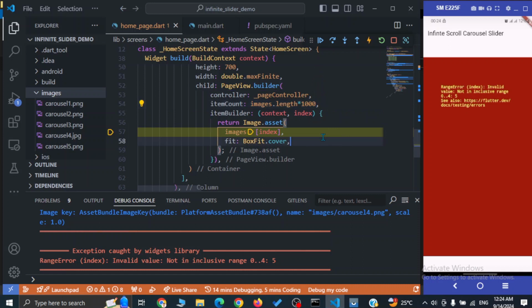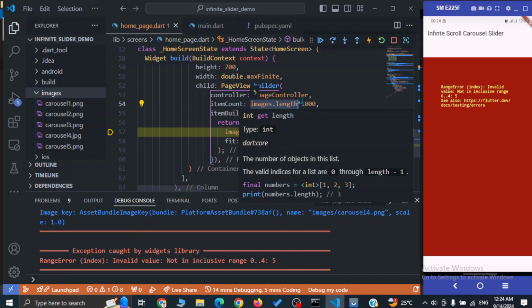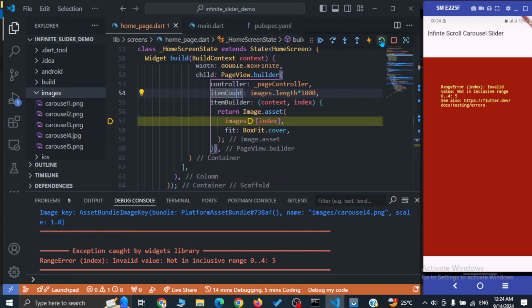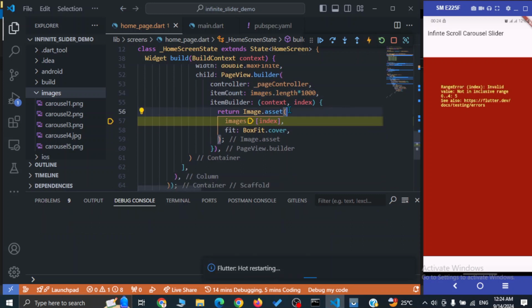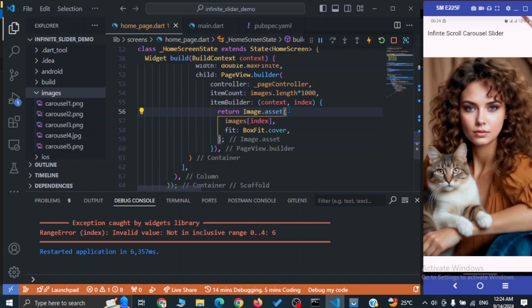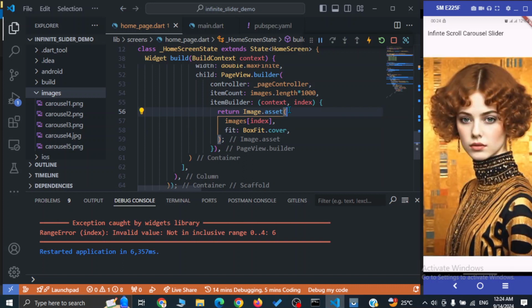1000. So if you have 5 images, then there will be a total of 5000 page view items. Okay, like it can hold up to 5000 seconds, and I'm sure no one will stay on the same page for more than 5000 seconds. Okay, so we'll get rid of this animation quickly. Okay, so as it is not looking good,